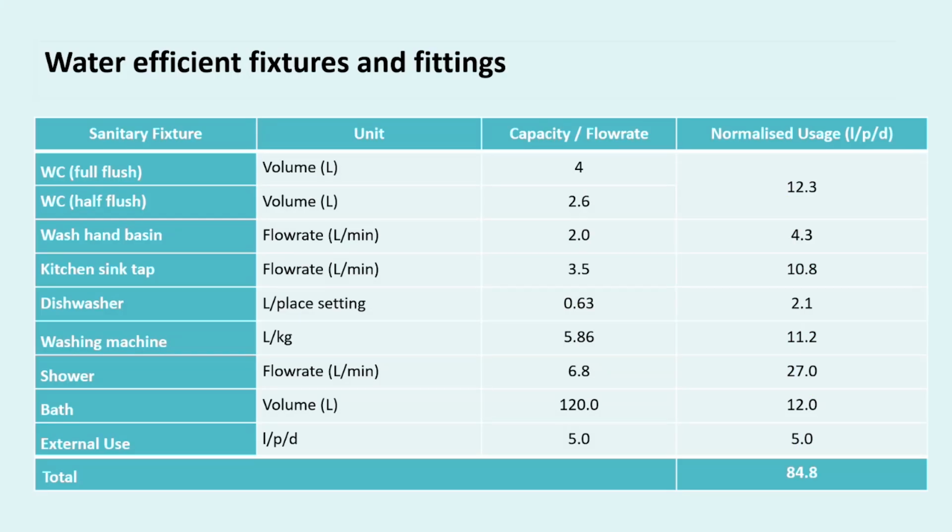So looking first at in-home water efficiency, as we've seen, the local planning authorities are proposing a consumption target of 80 litres per person per day in Cambridge. In Sussex North, it's 85. So careful selection of water efficient fixtures and fittings in a new home can reduce the PCC to these targets on their own, as shown in this example. The use of dual flush toilets, low flow taps, highly efficient appliances, a smaller bath and a lower flow shower are all recommended and required to achieve that target.